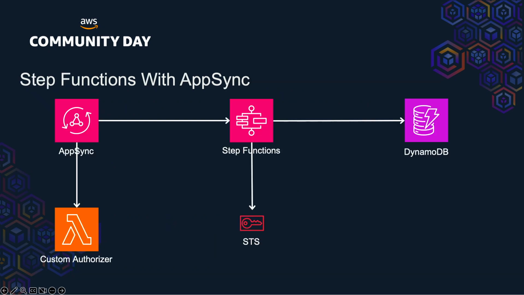So, what I figured out we can do is we can change things around a little bit here. Now, we're still calling a custom authorizer. And the reason, of course, we have to do this is to do some validation of the user. But the other thing that I wanted to do here is protect against accidentally assuming the wrong role. So we actually generate a role that is unique to the tenant, and it's got a unique name. It's just a generated name, so that you can't just know what it is and put it into a string somewhere. We pass that back through AppSync, and AppSync takes that to the Step Function. The Step Function then uses that role and calls STS, uses that role, and now it can go talk to